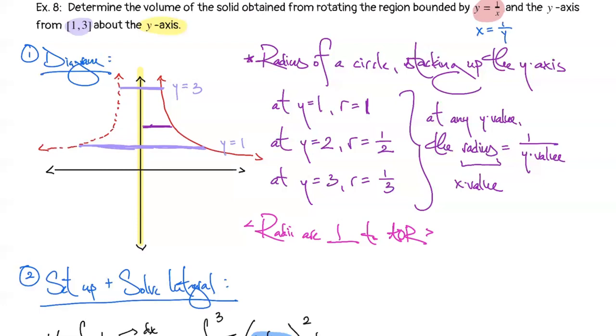Okay, so as you learn rules and someone tells you this is always true, you should, as a very skeptical mathematician, always be saying, but when might it not be true? How might it not be true? Okay, so I'll tell you for today, the radii are perpendicular to the axis of revolution, but tomorrow when we draw different purple lines, this might not always be true. Okay,